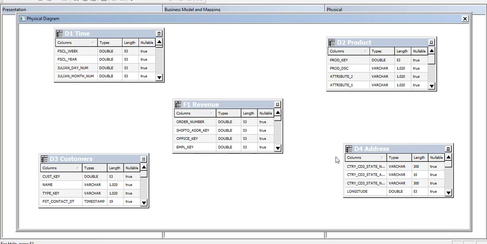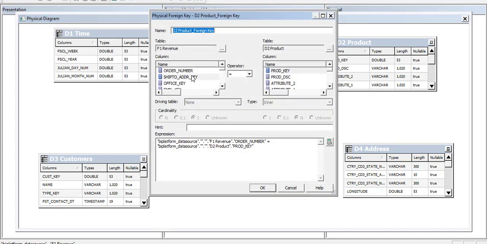D2 F1, and press the new join button to join D2. I'm pressing on the dimensional table then releasing the mouse on the fact table. You can see product key on the left side, the fact table, product key on the right table, the dimensional table, expression. You can see the expression of the relationship shown at the bottom.